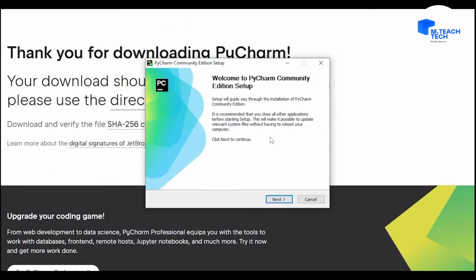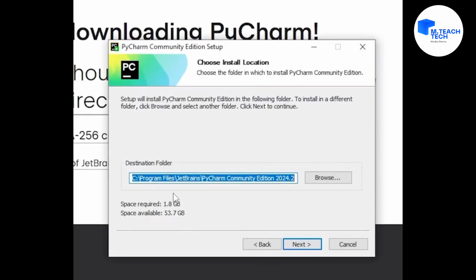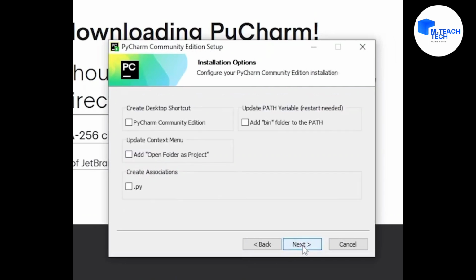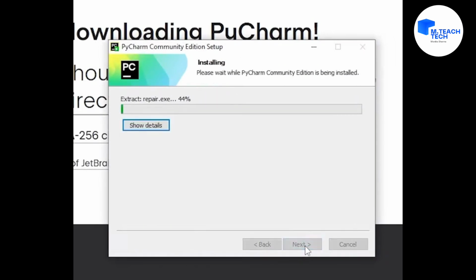your PyCharm is downloaded, and now you have to install it. So you have to click on next, and if you want its shortcut on your desktop, you can check it, otherwise it is not that compulsory. And then you have to click on install and it will start installing on your device,